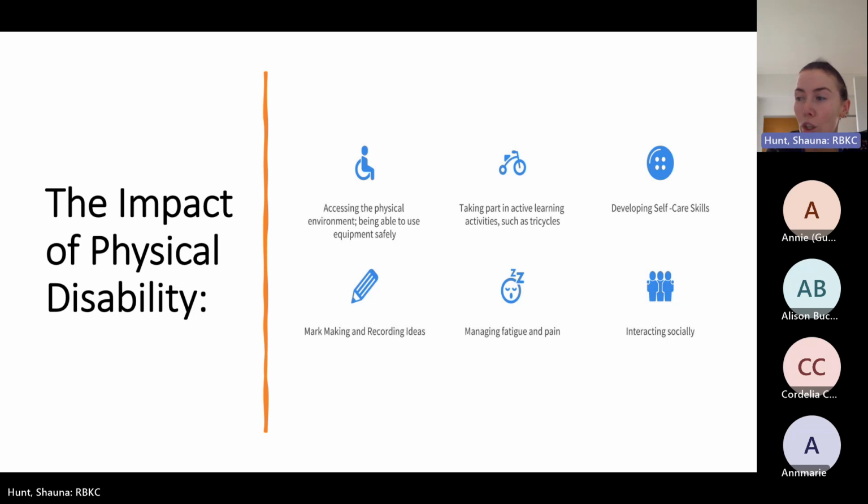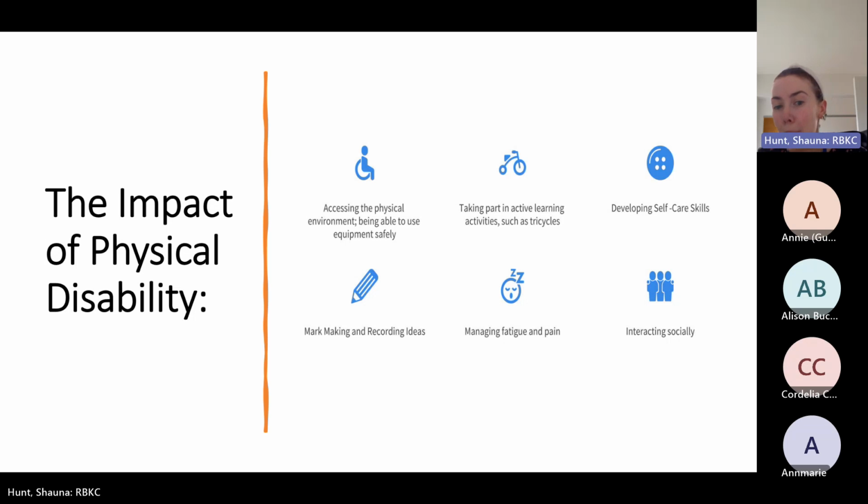In terms of their self-care skills, some of the children might be unable to feed themselves due to delayed fine motor skills, so like their hands, and they may struggle to get dressed due to perhaps difficulties with their range of movement in their limbs, so perhaps their legs or their arms, or they might have balance difficulties, or they might struggle to use standard feeding utensils because of their grip and things like that. And they may have difficulties with eating or swallowing, or even sensory impairments. So perhaps tolerating certain foods might be quite difficult for them.